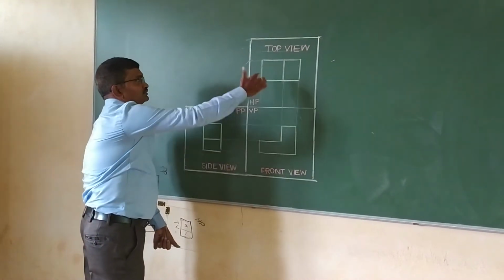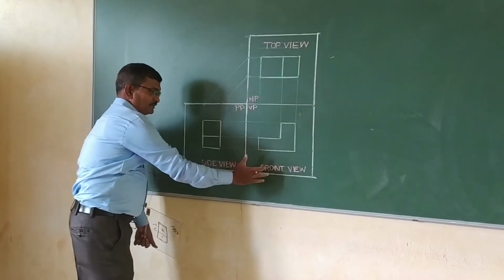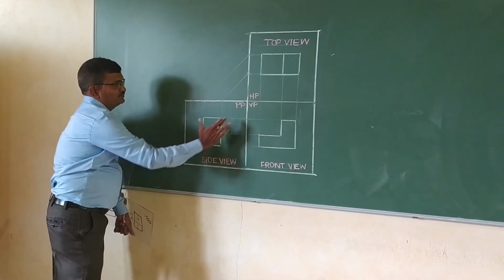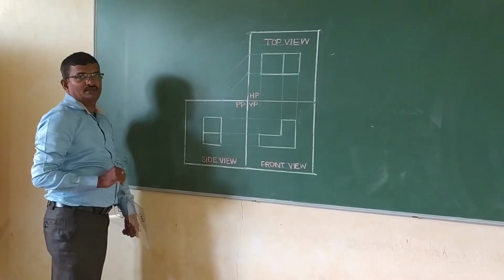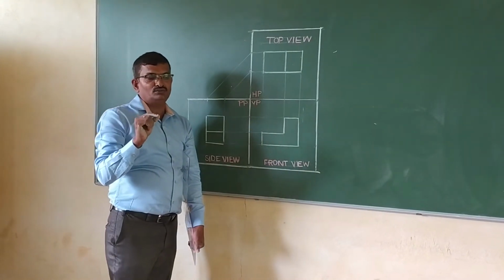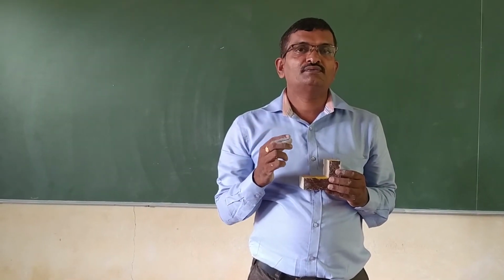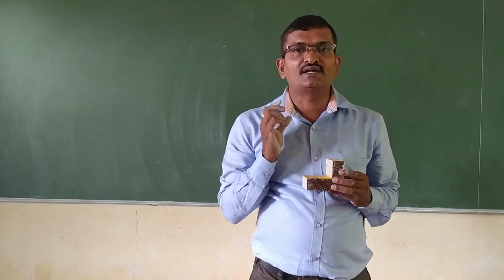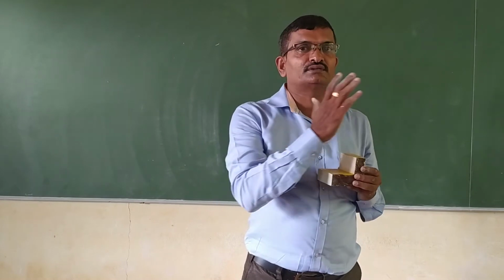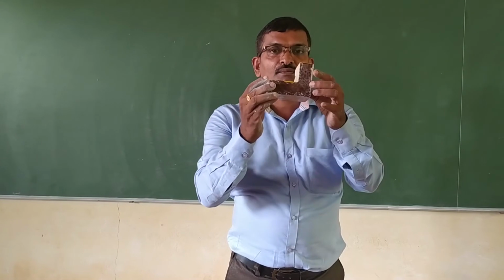Here, the front view, above the fully rotated three planes. Above the front view, the top view, and at the side of the front view, the side view, VP, PP, HP. Now I will explain how it is drawn on the drawing sheet. Now, how to draw the three views on the drawing sheet in third angle projection. Same object. I will draw the object first, then draw the orthographic views of the same object.